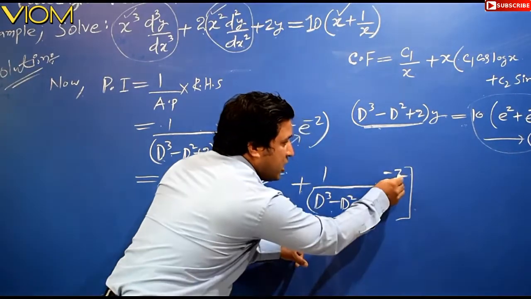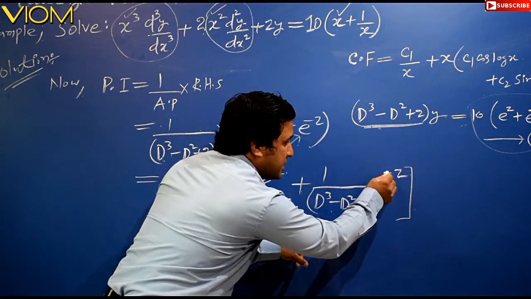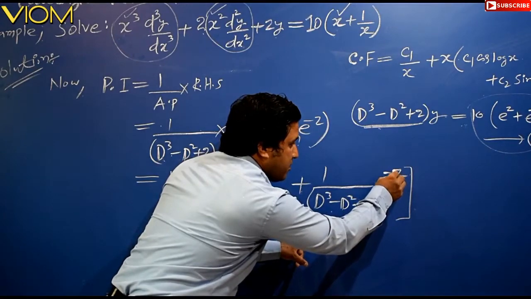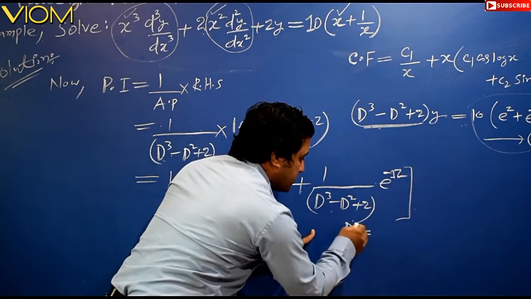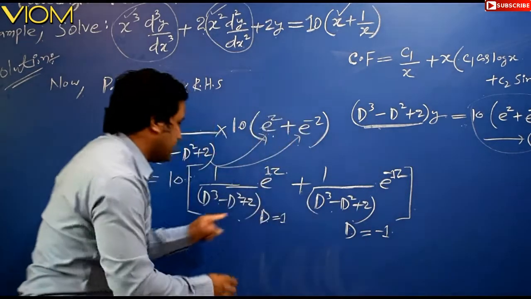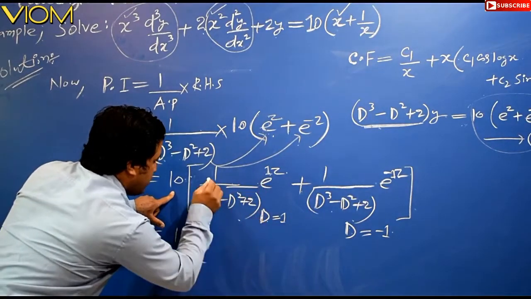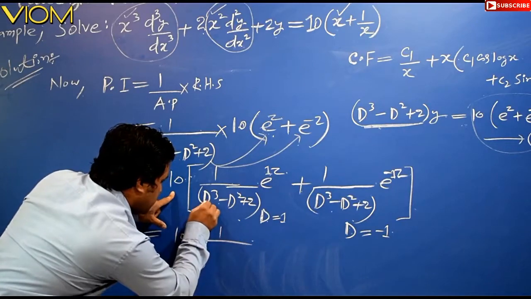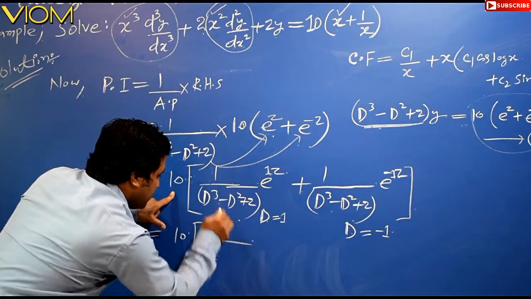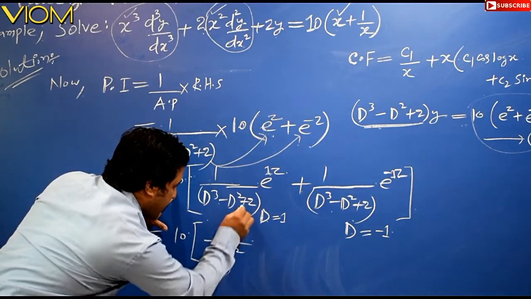So this is an exponential function. In front of z there is a minus. That means it is not minus only, it is minus 1. So we can use d is equal to minus 1 and insert it here. Let us take the value of d is equal to 1 here. So 1 divided by, this is d, we can write 1 cube minus 1 square